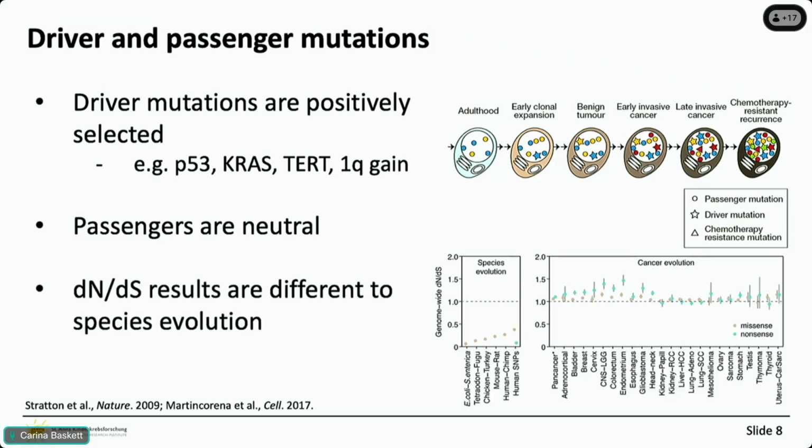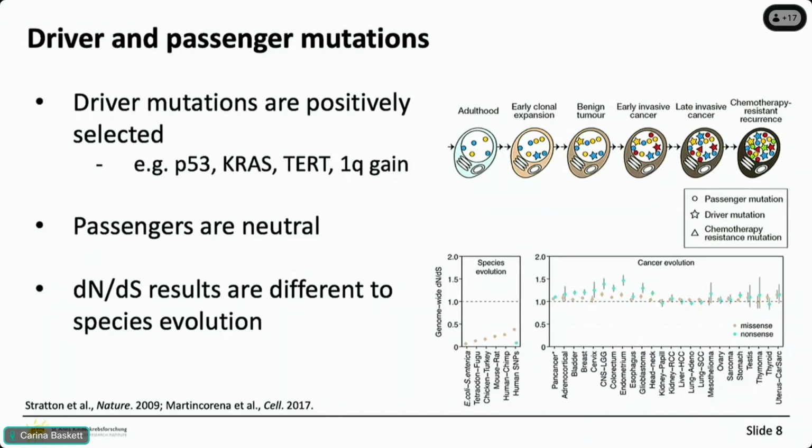And there's one quite nice study from the Sanger Institute that showed this with the dN/dS analysis, which I'm sure you're all familiar with, the ratio of non-synonymous to synonymous SNPs as a sign for selection. And what they quite nicely showed is that in species evolution, when they looked genome-wide at the different SNPs, they saw that the dN/dS was very low, indicating strong negative selection, which to me naively makes sense because these genomes are already quite well refined, and changing these genes that have evolved over millions of years, you probably have to find a really unique mutation to give a selective advantage.